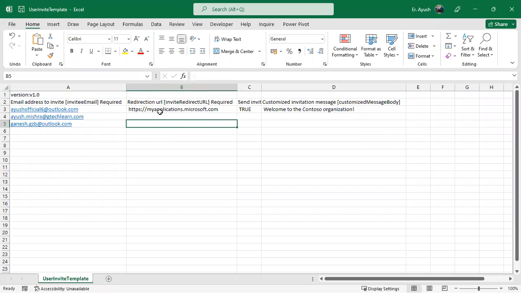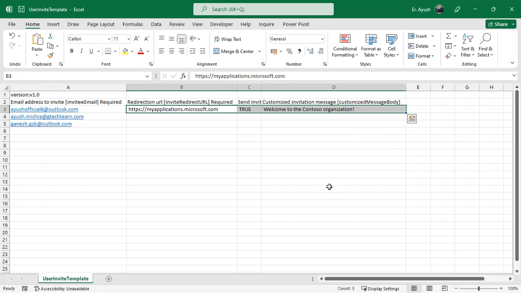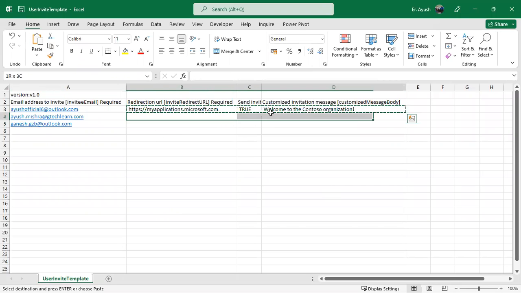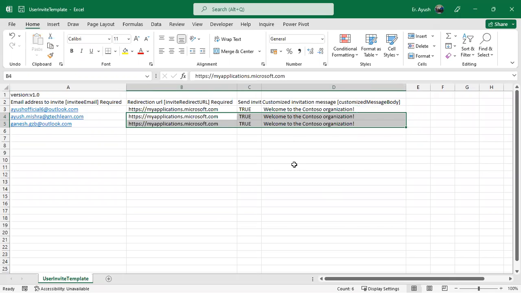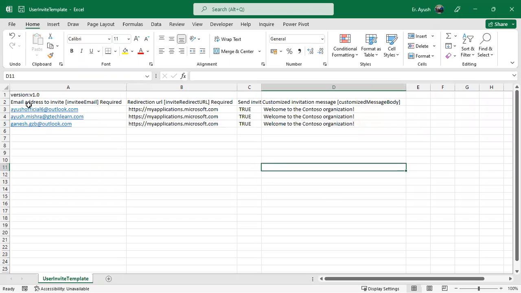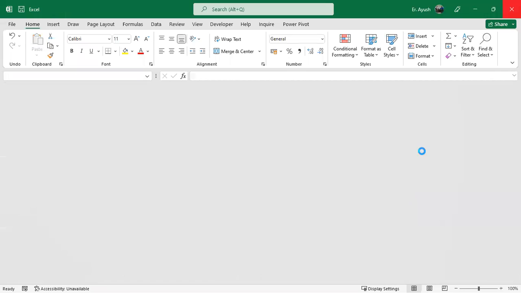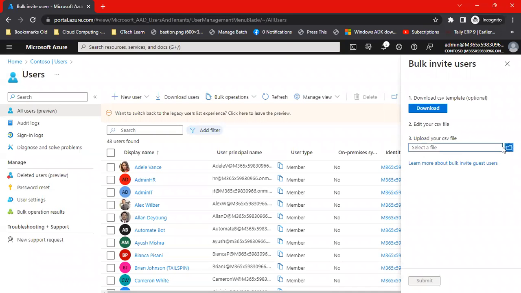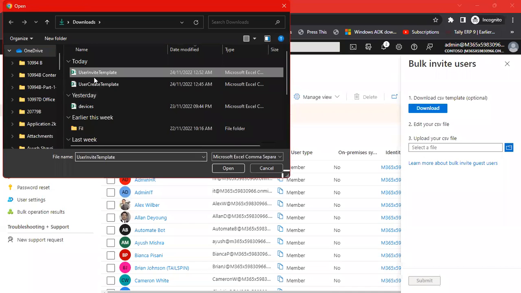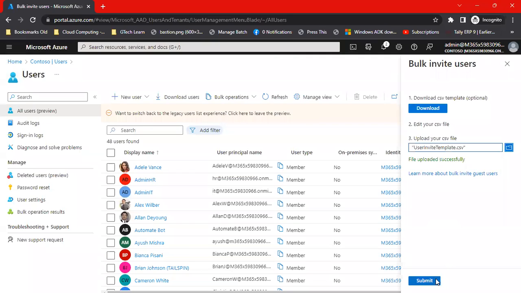And I want to leave the other information as it is for all my invitations. And once I have done with this file, here you can see I have these three email addresses available for the invitation. Let me go ahead and upload that invitation file, and then let me go with the